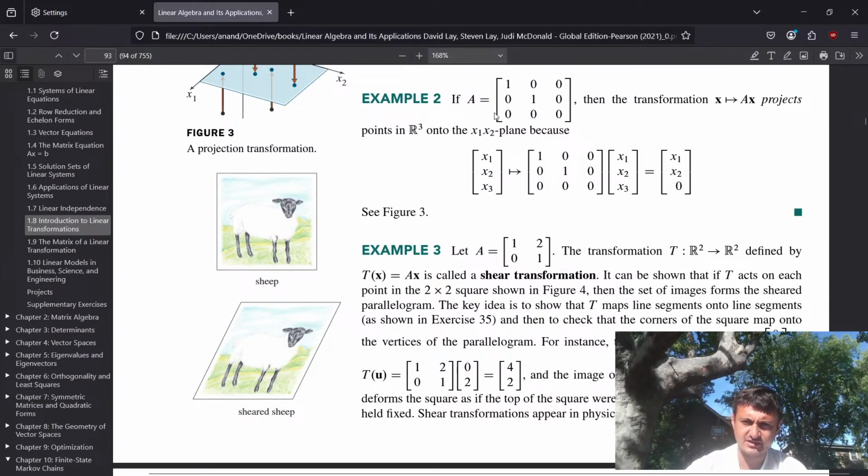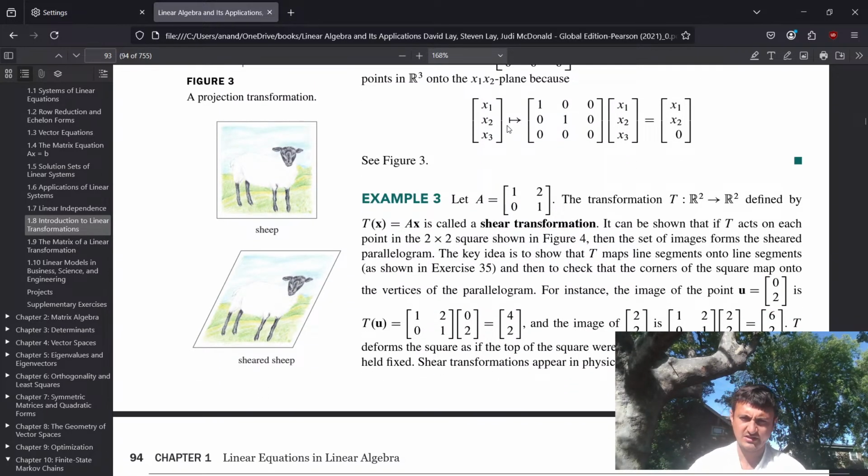Okay, so this one's pretty clear to me. Yeah, it just puts it onto a plane. Okay. The third example is,